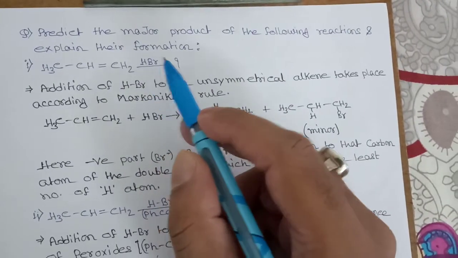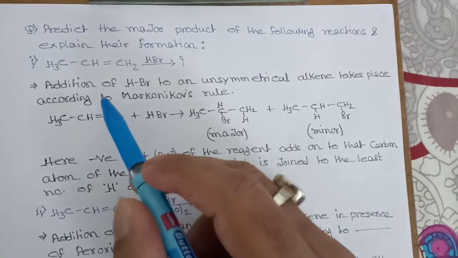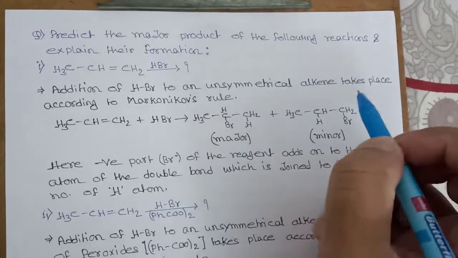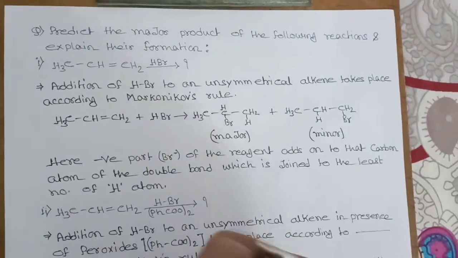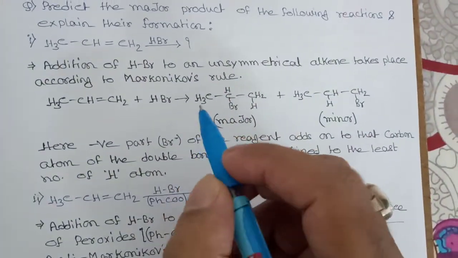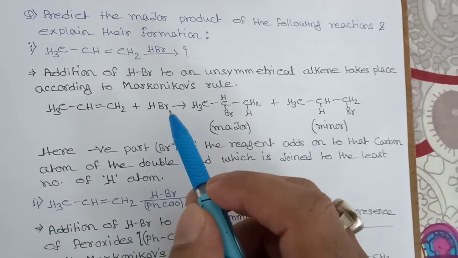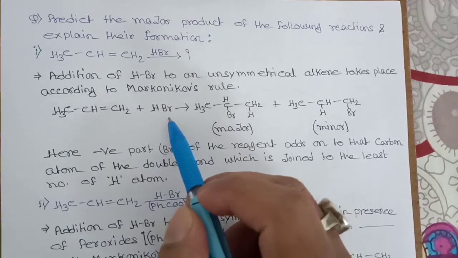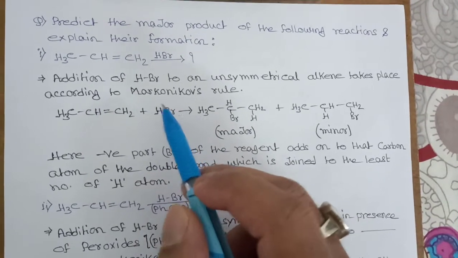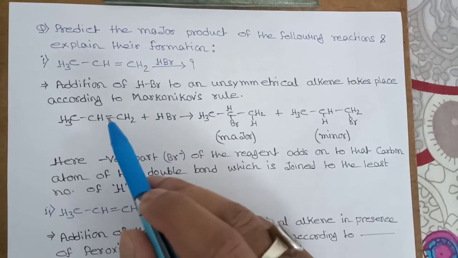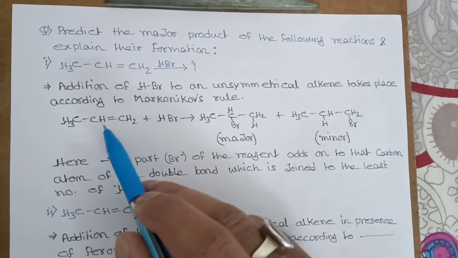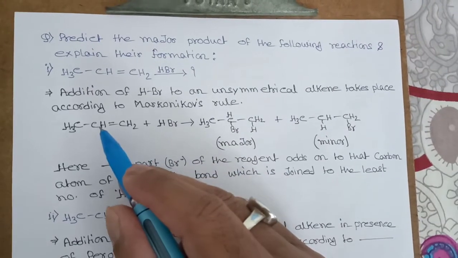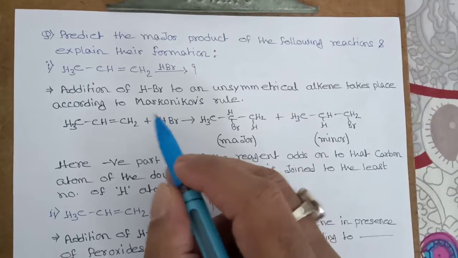When we treat it with HBr, addition of HBr to an unsymmetrical alkene takes place according to Markovnikov rule. And what does Markovnikov say? Markovnikov says that here H is the positive part and Br is the negative part. So the negative part of the reagent adds onto that carbon which has the least number of hydrogens. So here the negative part will be added to this carbon and the positive part will be added to this carbon, and